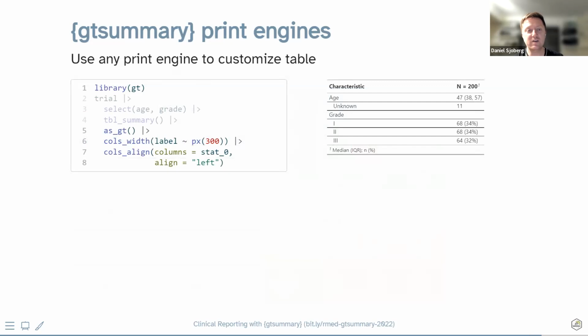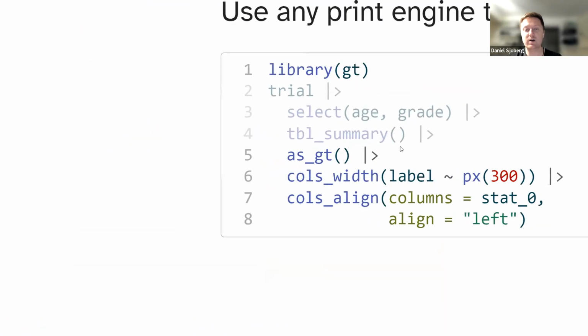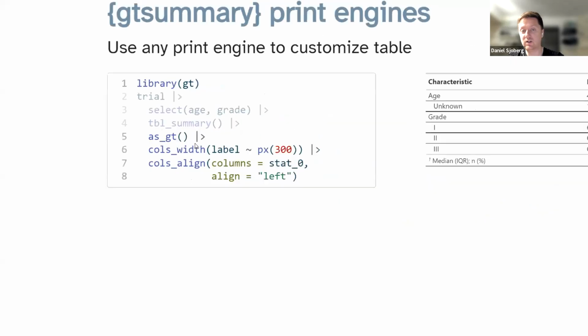So in this very simple case, I am over here converting my tbl_summary table to a GT table. Then I'm using these GT functions, cols_width, to specify the exact width of my table. And I'm changing the alignment from the default centering to left alignment.